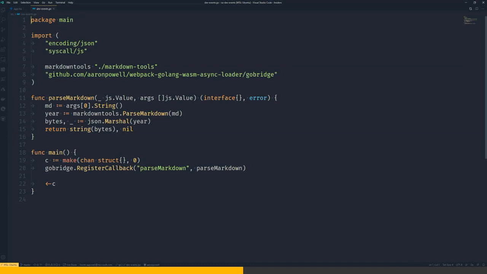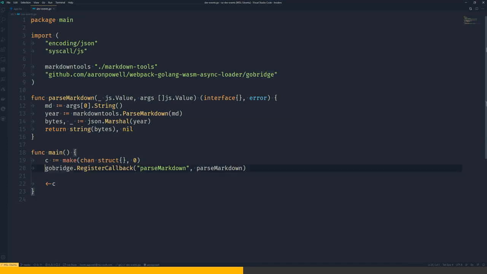What it does is expose a function called parseMarkdown. This function will receive a string, so we unpack that from the arguments that get passed in. It then uses my markdown tools to parse the markdown into the year data structure, then converts that into JSON and returns that as a string.